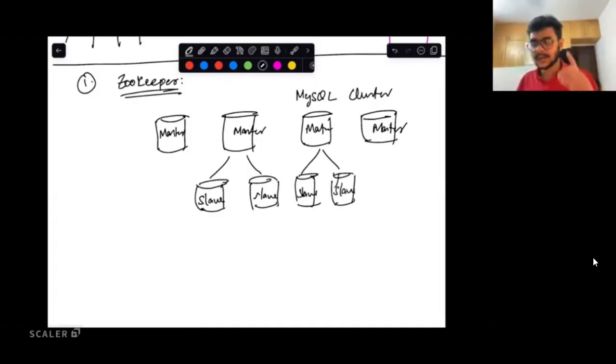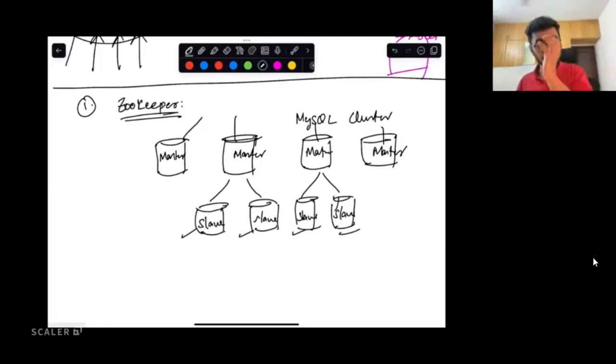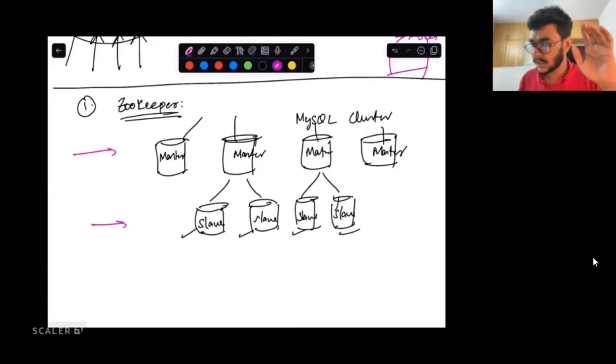I hope you guys can understand that in this diagram that I have drawn, these are the shards, and these happen to be the replicas of this specific master, right? Please give me a plus sign if this thing makes sense to you. That these are the replicas, and these are the shards, and these are the replicas of them, right?